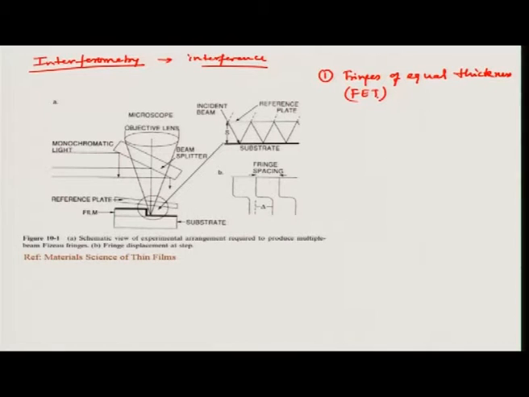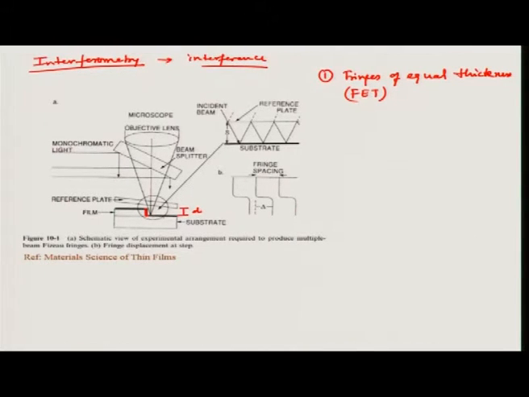Okay. Now, this is a schematic showing how you would do this measurement. First of all, you should have a step on your film. So, you take your thin film, you make a scratch. So, you remove the film from certain part such that you have a step height, which is the thickness of the thin film. Okay. This is D, thickness of the thin film.